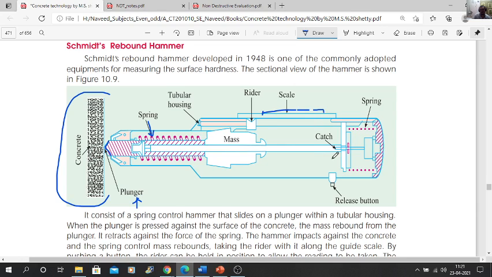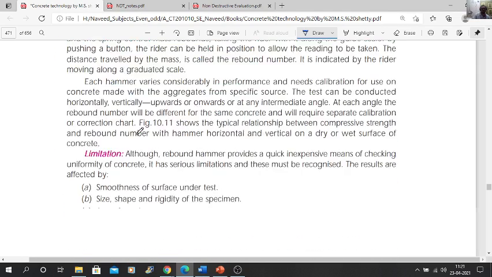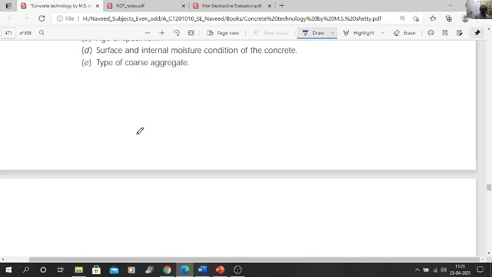When we have to lock, we use this lock button, so that you can lock the scale and take the reading. So this is the schematic diagram of the rebound hammer.